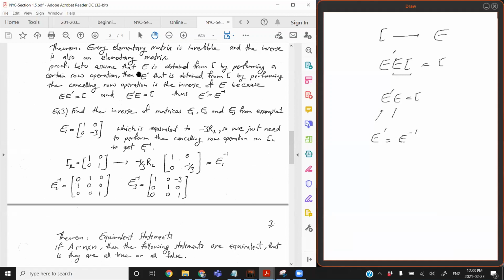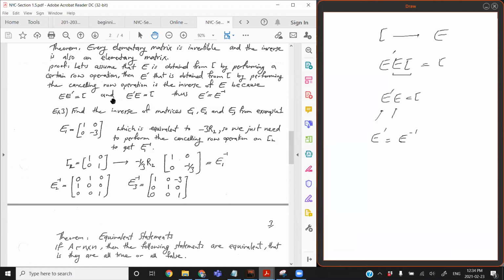So there exists a canceling row operation for the row operation that created E. Now, let's use that canceling row operation and create a new elementary matrix, E prime. Then E prime that is obtained from I by performing the canceling row operation would be the inverse of E,